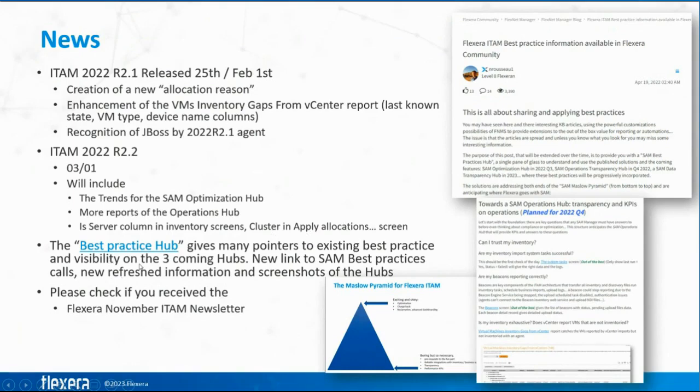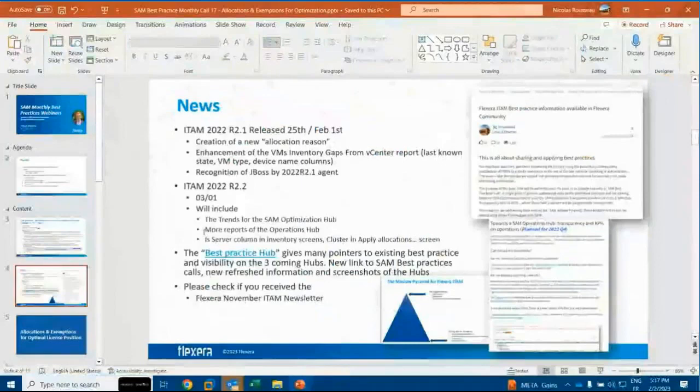Okay, so these are smaller or bigger things coming soon. And the SAM Best Practice Hub gives you a step back on all these topics and gives many pointers to existing solutions. I'll just open it very quickly because today we will not be too constrained by time. So if I open the link,